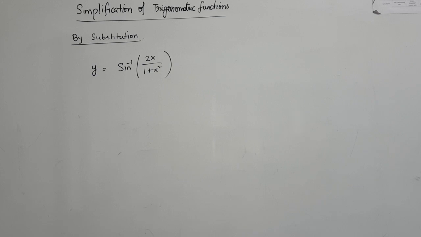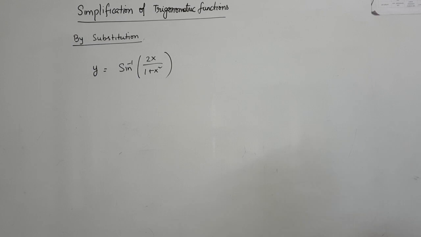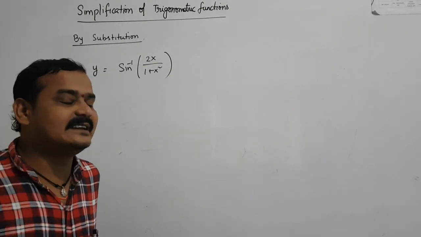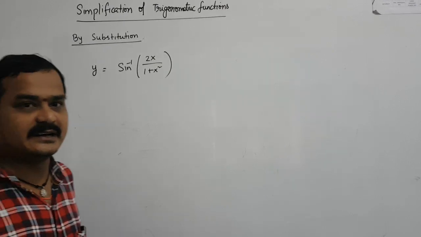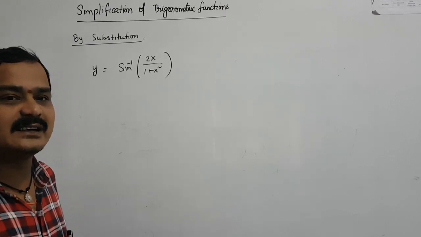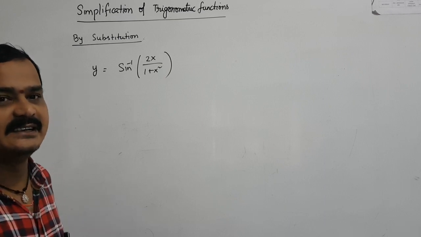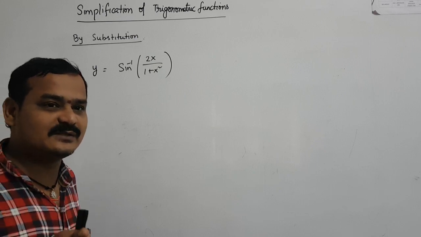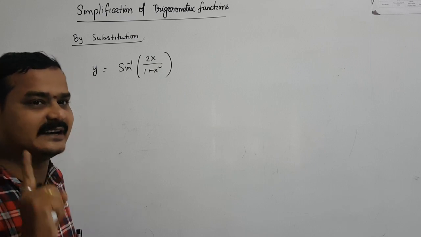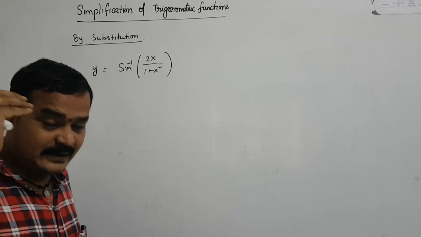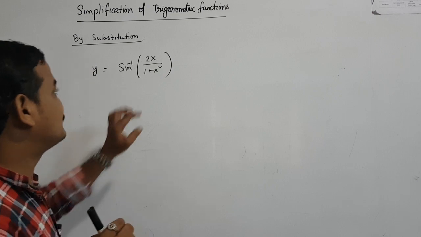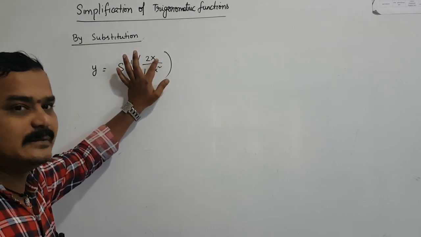You can simplify this problem by the chain rule also, using the first function sin inverse x and the second function 2x by 1 plus x square. But it becomes very lengthy and complicated. But you can go for substitution and simplify it easily. So what is the substitution? As I said first, while going for substitution, the first preference is given to tan theta. And in your mind you must calculate. How to calculate? If I put tan theta here, what will happen?